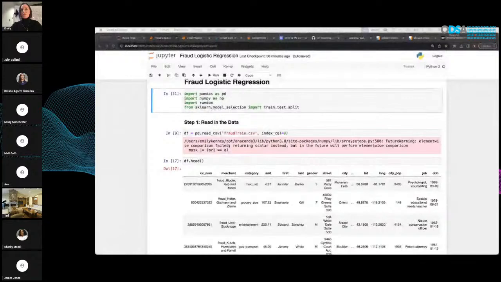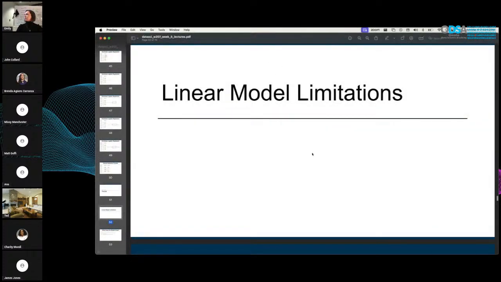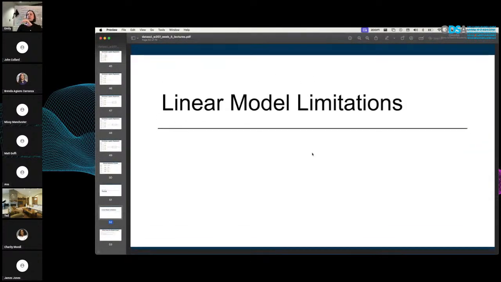I think I'm going to start with some limitations of linear models. We talked about linear regression, and we just talked about logistic regression. Because logistic regression is based on that linear formula, it's called a linear model. I'm going to jump to a concept we haven't talked about a lot, which is image processing, but I'm just going to use it theoretically to describe why linear models have a limitation. The limitation is basically that linear models don't know the relationships between the other features.